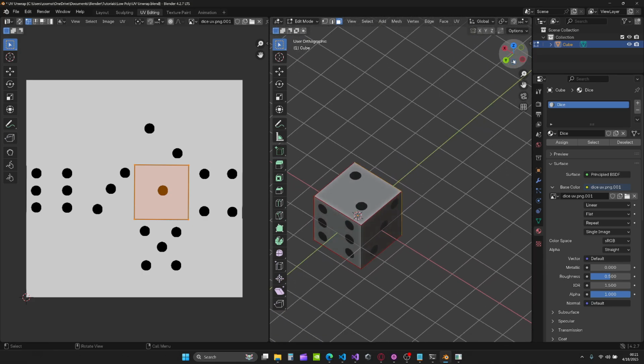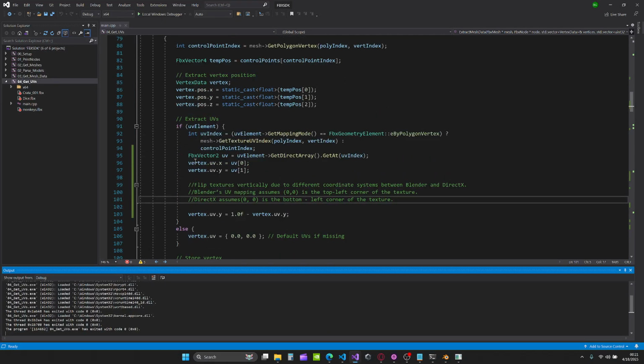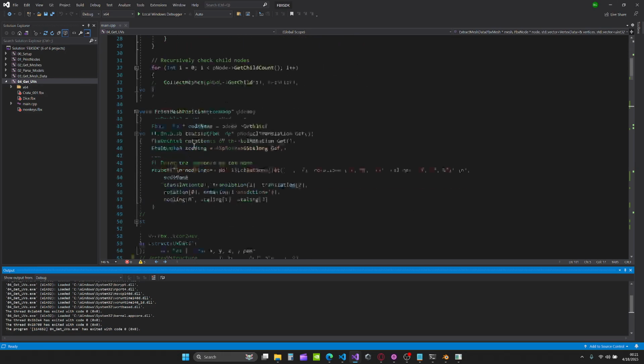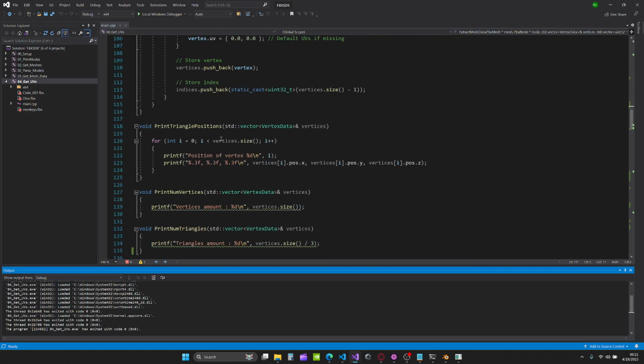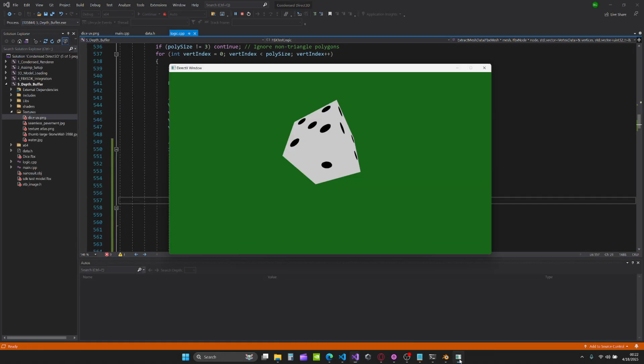And this was exported to FBX format without being triangulated, and a custom 3D FBX file parser was used that was written entirely from scratch. So that's this FBX SDK project, and this one is just being done without any rendering. So in order to verify that it actually works, that code is then ported over to the 3D renderer, and